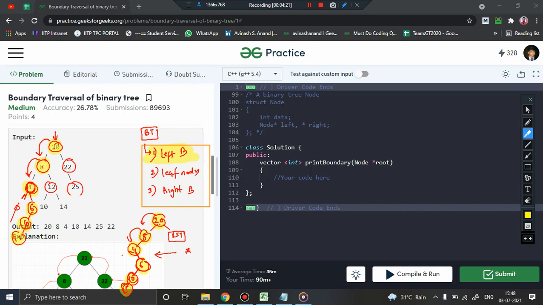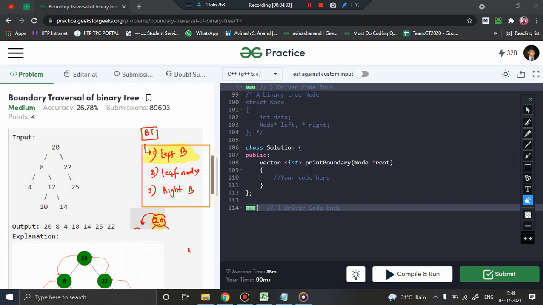Because we have to design our code such that these nodes will also be considered part of the left boundary. Done. Now considering the right boundary, we have a somewhat similar logic. Stand on the root node and try to go as much right as possible. So you are standing on the root node and trying to go as much right as possible. All these nodes are basically our right boundary. Now, if I take the right of this, I have nothing but null. Okay, it's fine. So it indicates that in this particular figure I have only 20, 22 and 25 as the